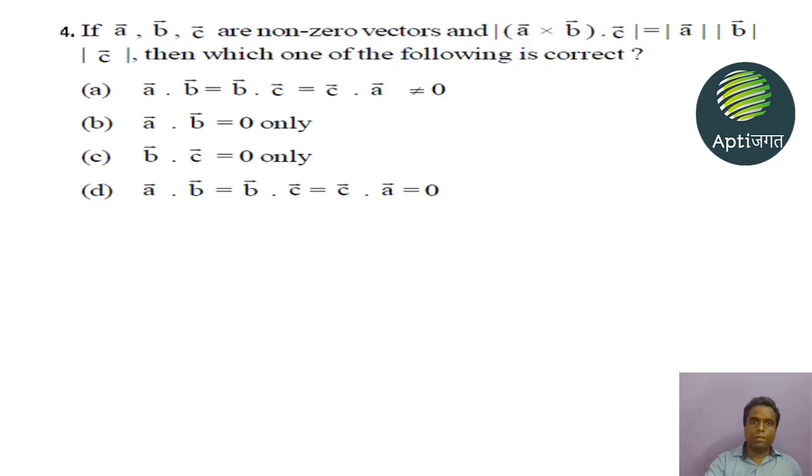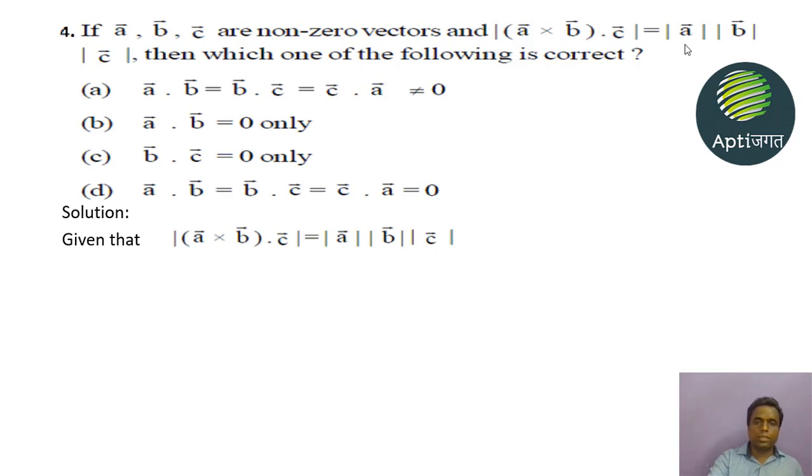So now we will study the properties and the information given in the question. What is given in the question? Here we have a scalar triple product, and it is given that its value is equal to the product of the moduli of all the vectors. So we will first write the given condition in the problem. The scalar product of vector A, vector B, vector C is equal to the product of the individual moduli of all three vectors.